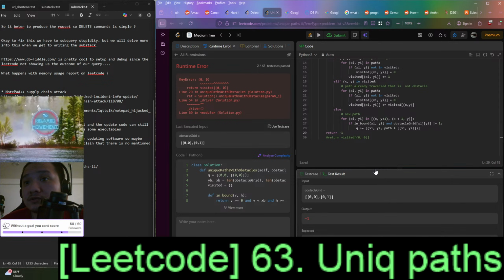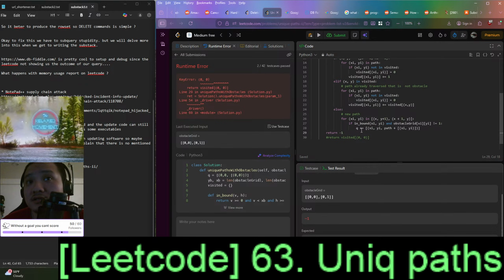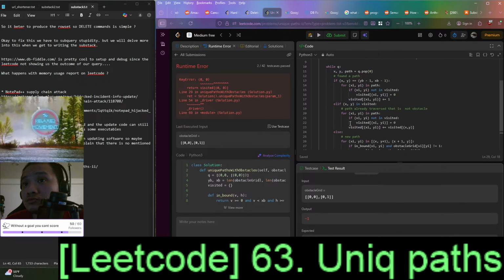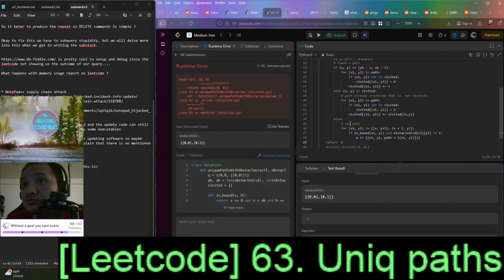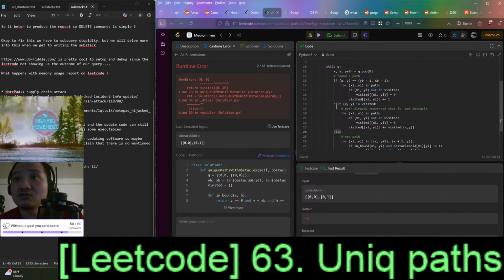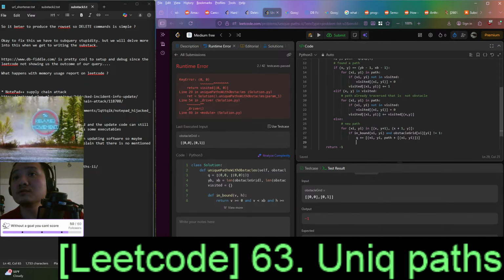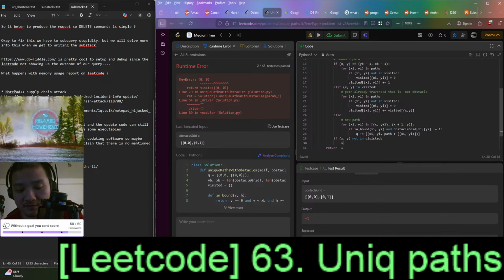Okay, so the current algorithm is basically saying that we have a path and we can go down, but when we go down, okay, so actually let's do one thing. If it is not in visited, then after we're done with all this, if x y not in visited, then it's the third.